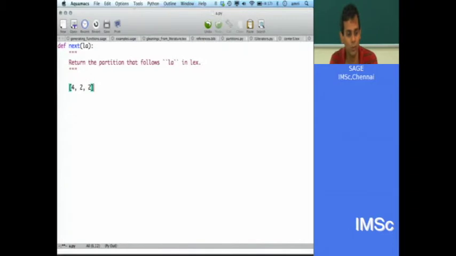So 4 2 should return 4 2 1 1, and what follows 4 2 1 1? 4 and then 1 1 1, right, and then after that 3 3, correct. 3 3 1.